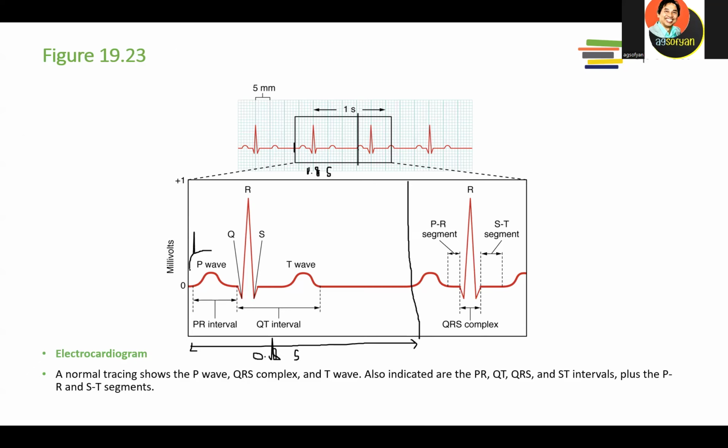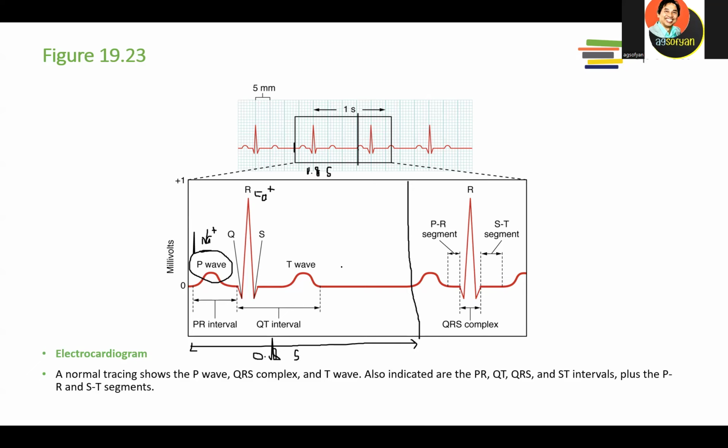Okay, the first one over here, the first peak, is actually called the P wave. This is actually telling us that the sodium level is increased because the sodium channel is open. So this is the depolarization of sodium ions. Here is a very high peak over here. It's called the QRS peak. This is telling us actually this is when the calcium channel opens, depolarization of calcium. So the calcium level will be increased so much. This is when the ventricles actually contracted. After that, of course, it's going to be relaxation, repolarization.